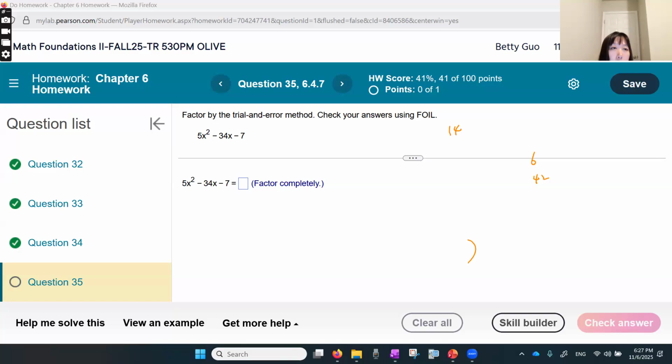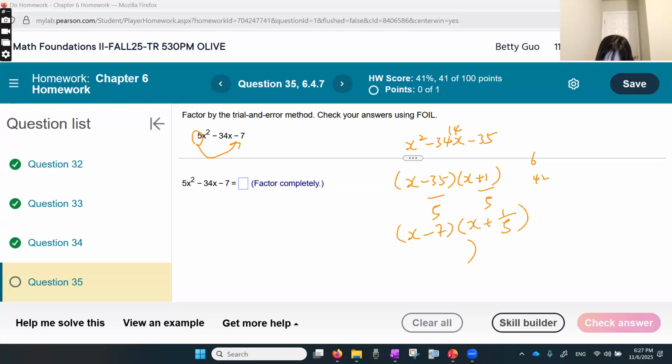This one, slide divide slide method. So we slide and we have x squared minus 34x minus 35. So factor: x minus 35, x plus 1. Negative 35 times 1 is negative 35, negative 35 plus 1 is negative 34. Divided by 5, right? And x minus 7 times x plus 1 over 5. And slide it back. So the result is going to be